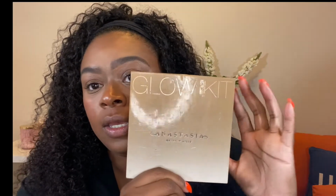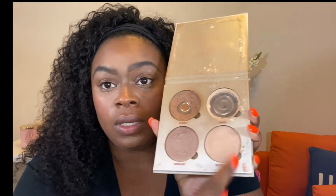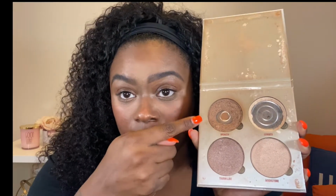After that, I just go in with a little bit of bronzer and shimmer. I absolutely love, you can see I done had it, the Anastasia Glow Kit. This right here, if you are a brown skin beauty diva like myself, if you are a brown skin queen who likes to look bronzed and beautiful, this is your best friend. She's giving everything you need, okay? Everything. I've had mine for a while. I also dropped it and I broke this one, but do not think she was broken. She gets used every day. I do use the other ones as well, but right here,